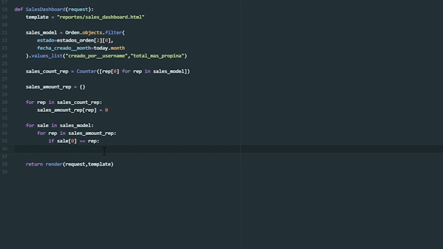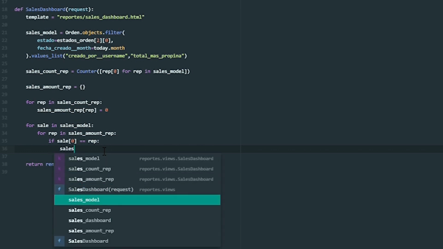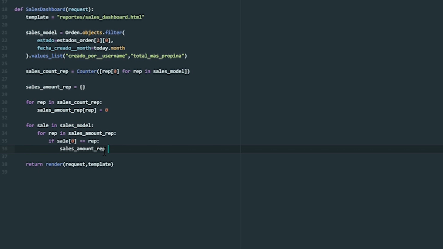So now we're going to do the following: sales_amount_rep[rep] plus equal the sale